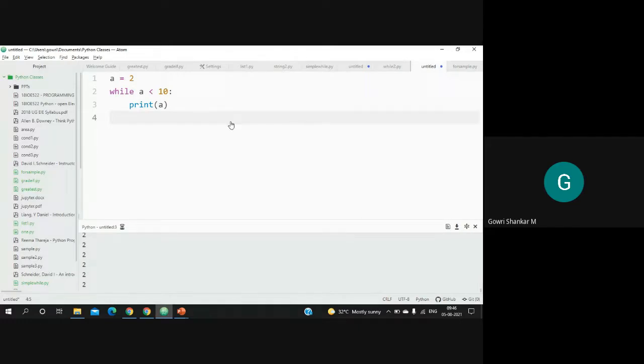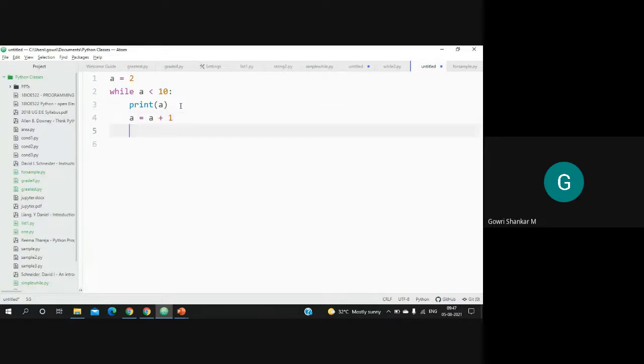So we will have A is equal to A plus 1. Here, this is the old value, and this is your new value.